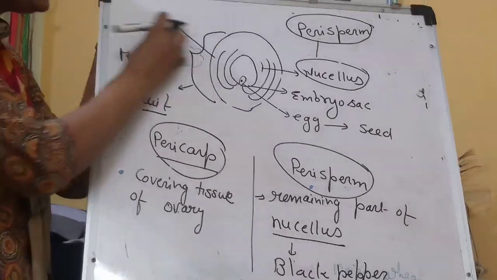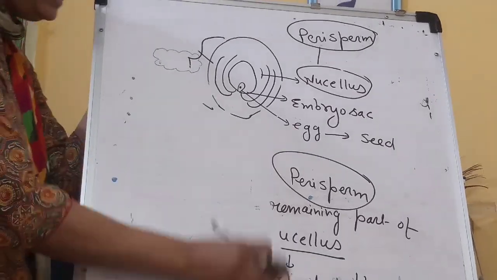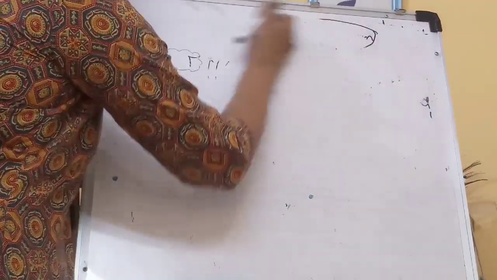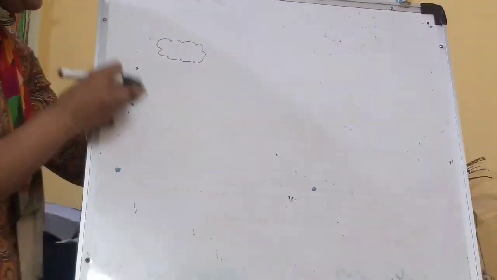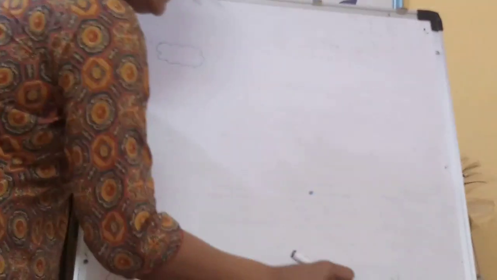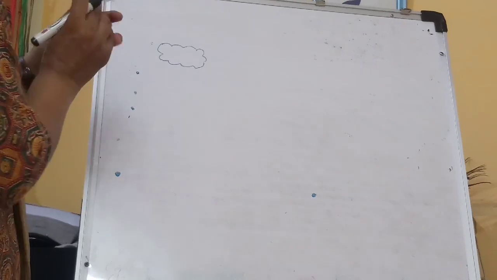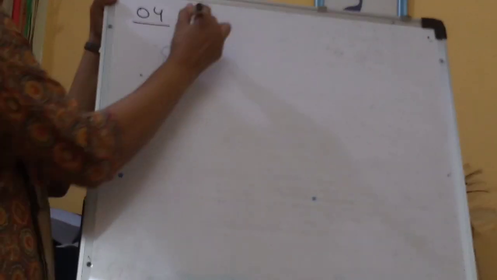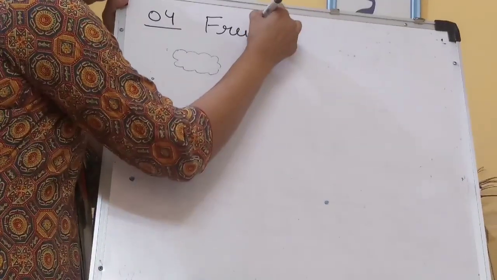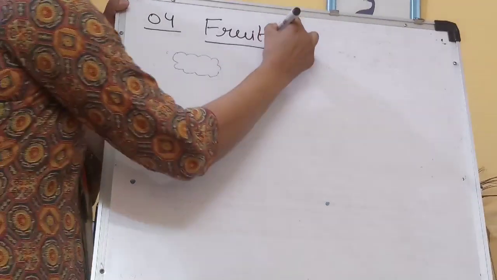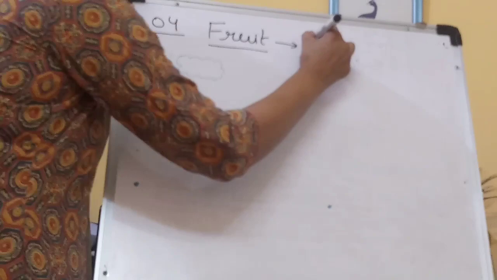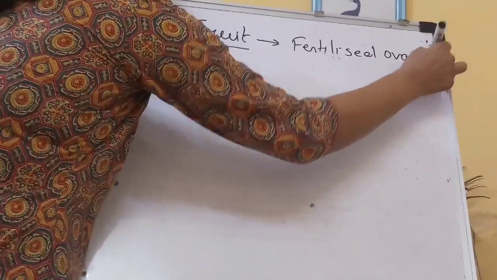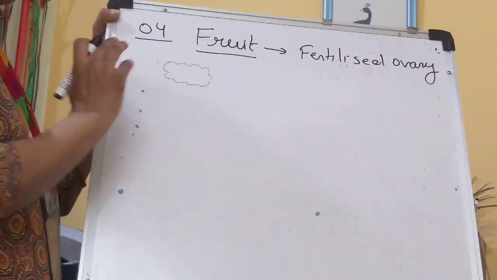The fourth and last topic of this is fruit. I think everyone is eating fruit. Fruit means the result of fertilization. It doesn't just mean banana, apple and grapes. Fruit means the result of fertilization. So the fourth event of post-fertilization is fruit. If you want to define it in one sentence, you can say it's a fertilized ovary.